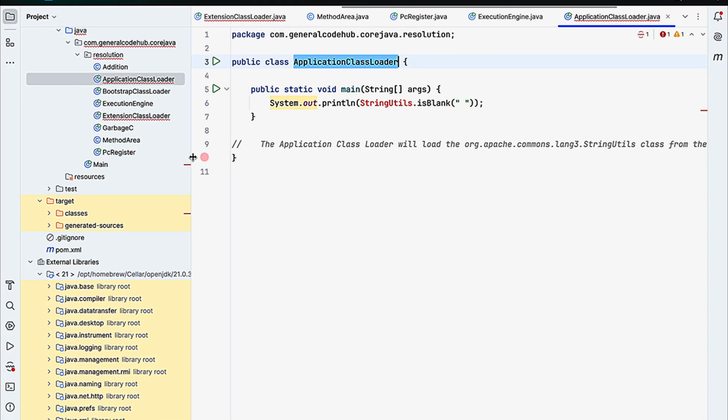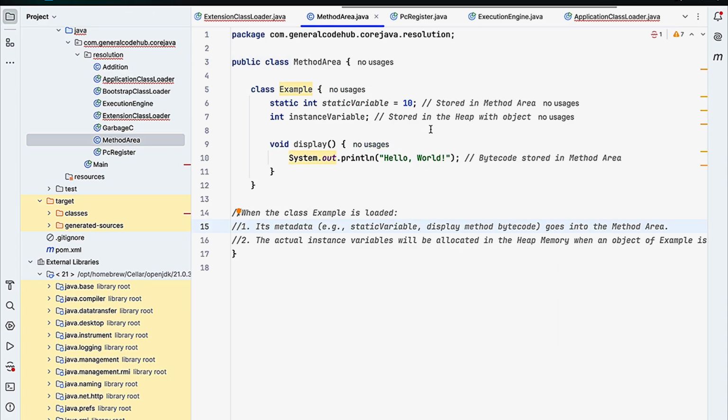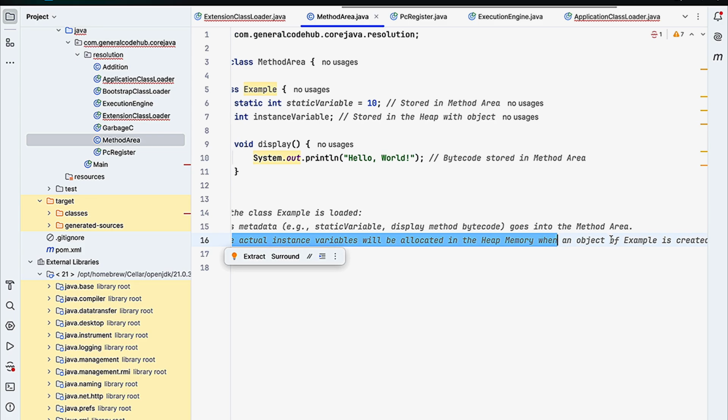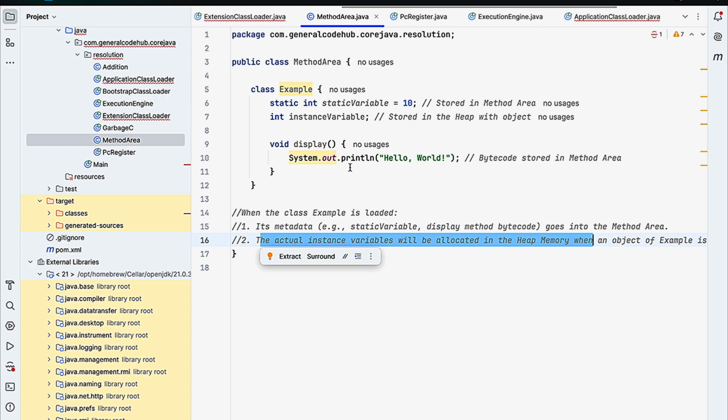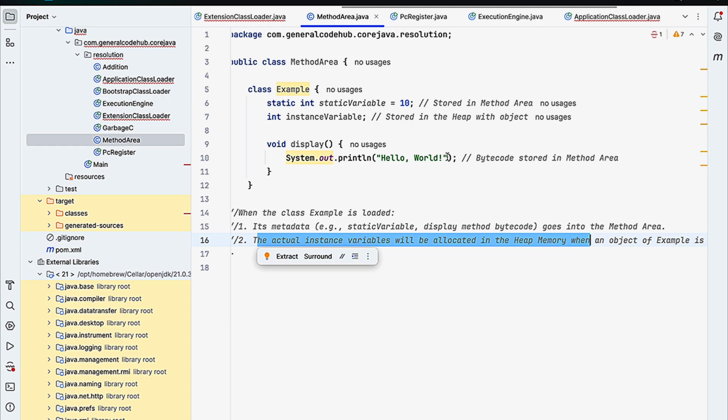Okay, I will explain you with code. So this is the method area. So this is the class. There is a static variable, there is an instance variable, and this is a class. So when your class Example is loaded, its metadata, the static variable, and the display method bytecode go into the method area, and the actual instance variable will be allocated in the heap memory when the object of Example is created. Okay,